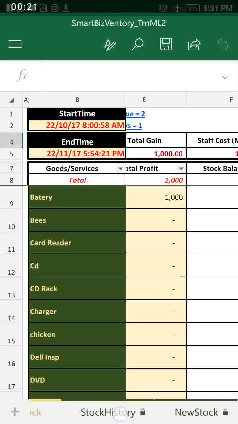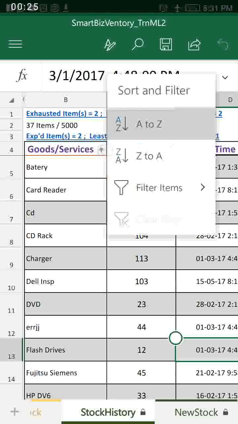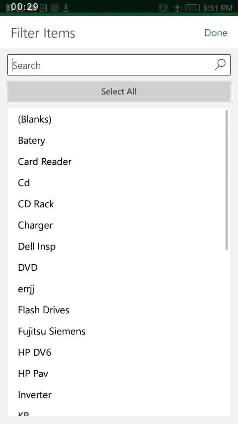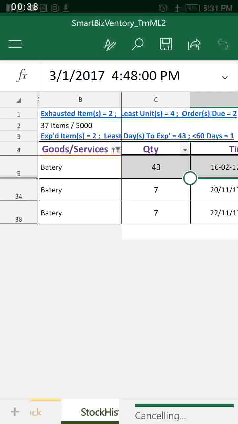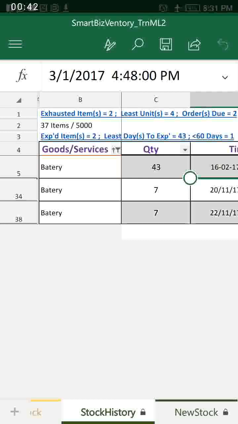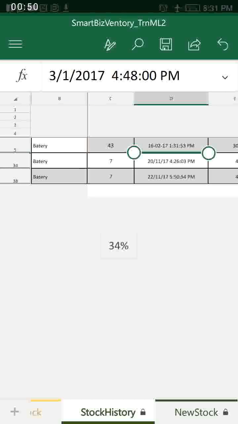You can also filter your product so that you know how you received each product by filtering item. If I say I want to know day by day how I received a battery, I'll just filter to it and I will say done. Now it's telling me battery. These are the days that I received battery to my stock, and the quantity I received on each day